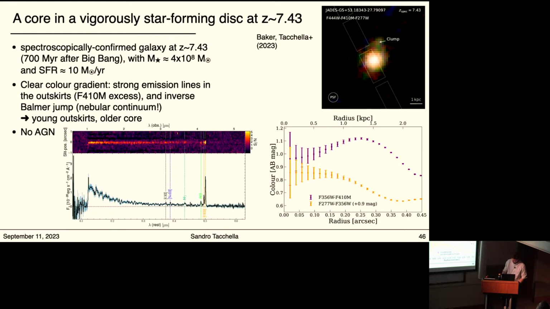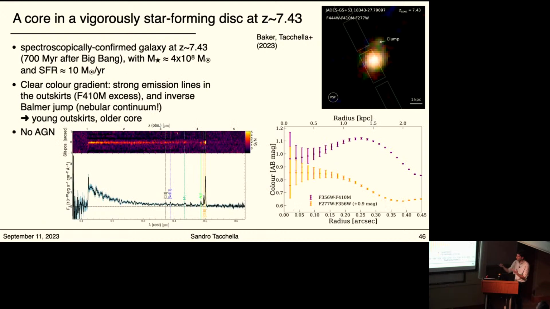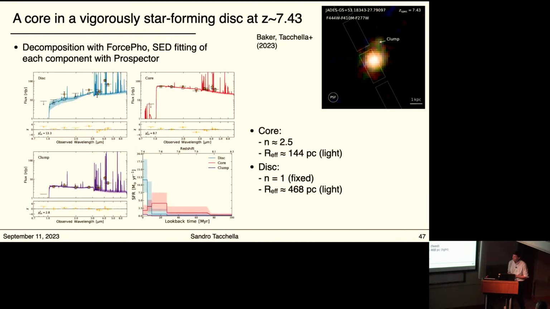And so what we have been doing, again with forward modeling, is decomposing the light, because if you look at the color gradients here, everything is convolved with the point spread function, right? So it's difficult to really learn about the underlying stellar population gradients. And so in order to do this, what we have done is basically we forward model the light with a core profile, a disk profile, and the clump in the outskirts, to understand basically how much star formation is taking place in the central region versus in the outskirts. And so what we find for the core is a Sérsic index of about 2.5, a compact configuration, and then we have a disk-like component